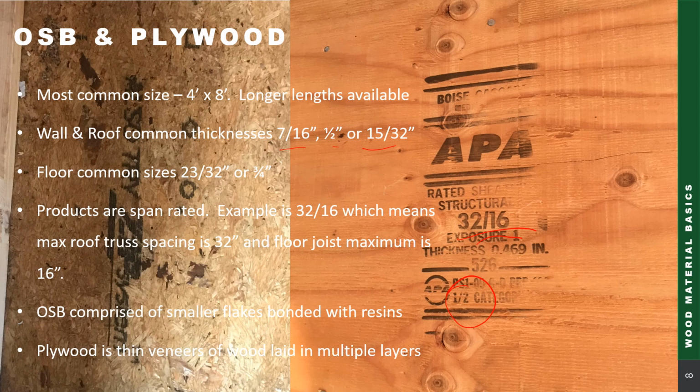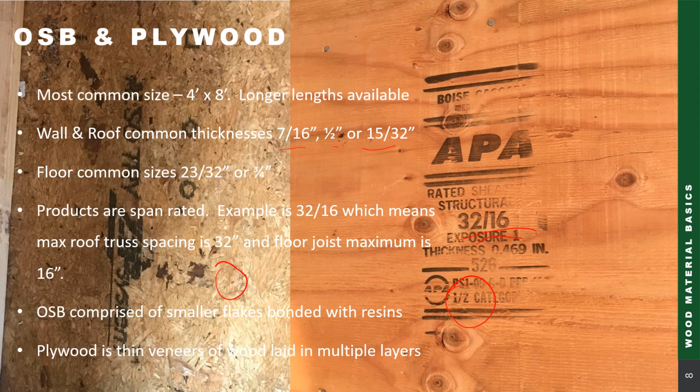Now that being said, even though we have this piece of 1/2-inch plywood, which is code allowed to be 16 inches, we have to have our joist spaced 16 inches on center below it. Typically those would be 23/32 or 3/4 inch. With regard to the two different products, on the left, this is OSB, and you can see the smaller flakes